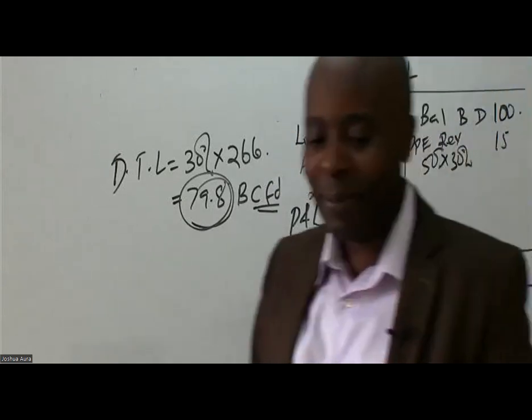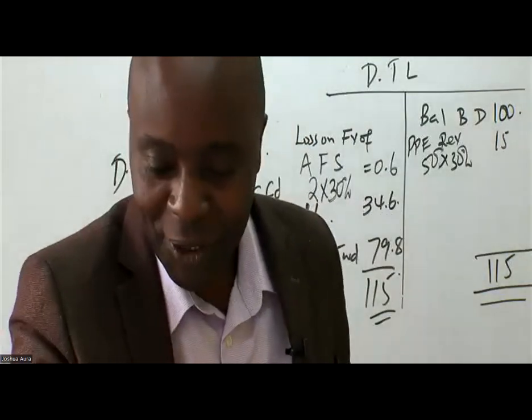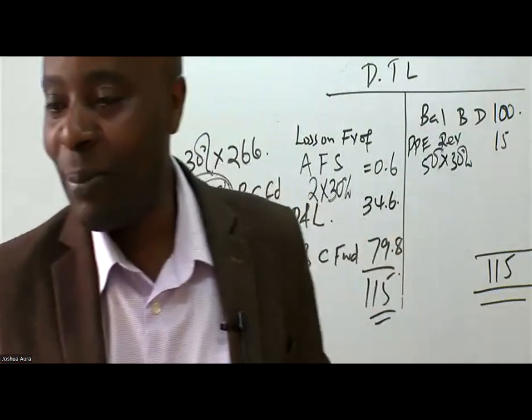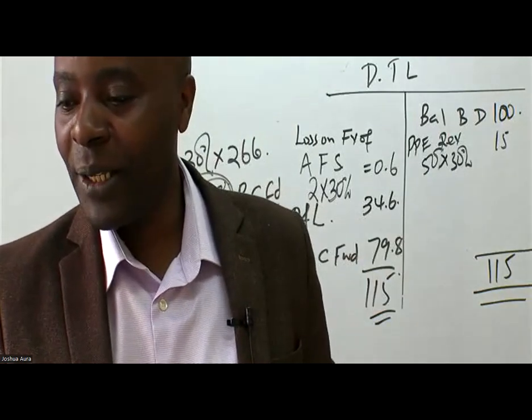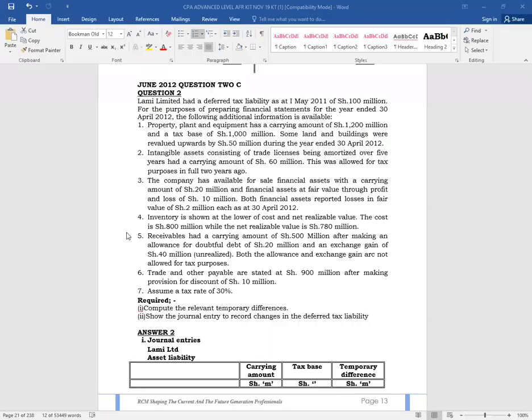So now, ladies and gentlemen, we have come to the end of this particular session. But now remember, all in all, you're supposed to appreciate these small shortcuts. Like now here we are being told trade and other payables are stated at 900. You know that this is the carrying amount, isn't it? This is the carrying amount after making provision for discount of 10, so you know straight away that the provision that you are making here of 10, the taxman does not allow for provisions. So to get the tax base, you add back,